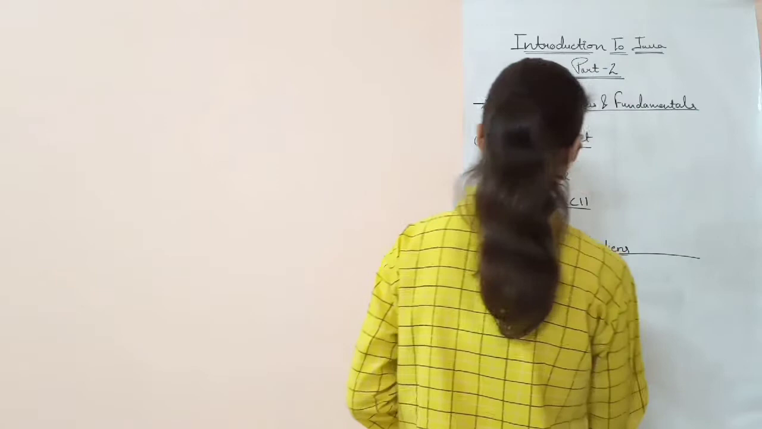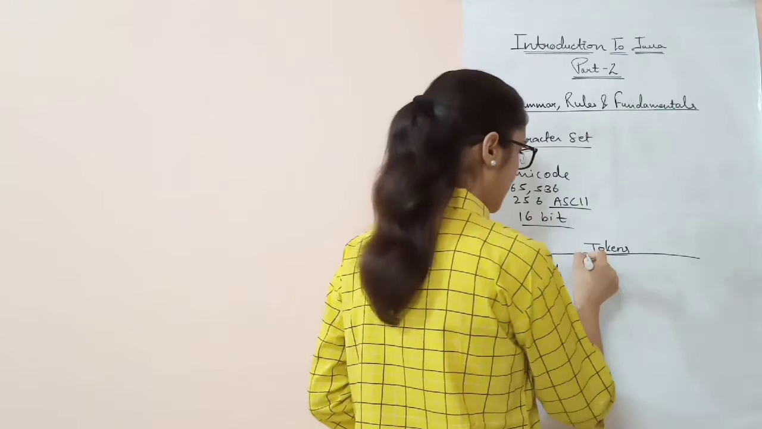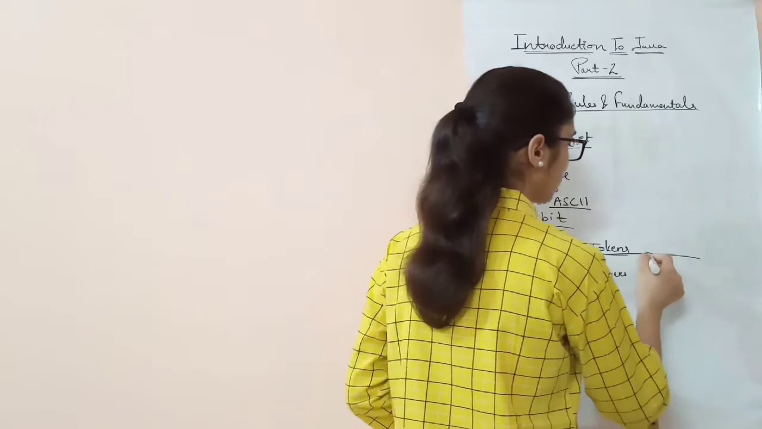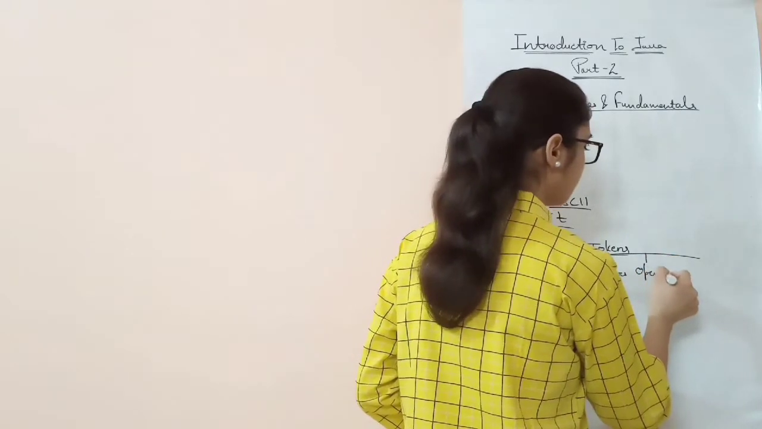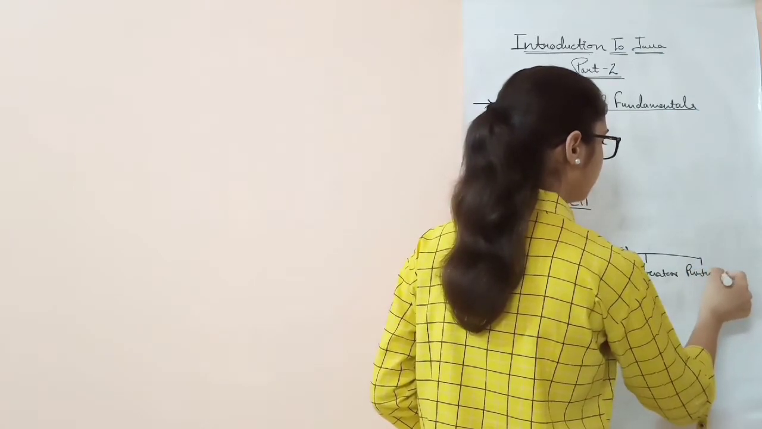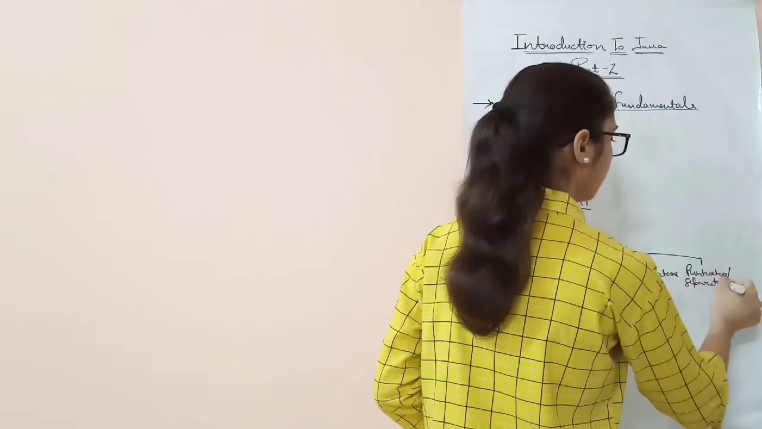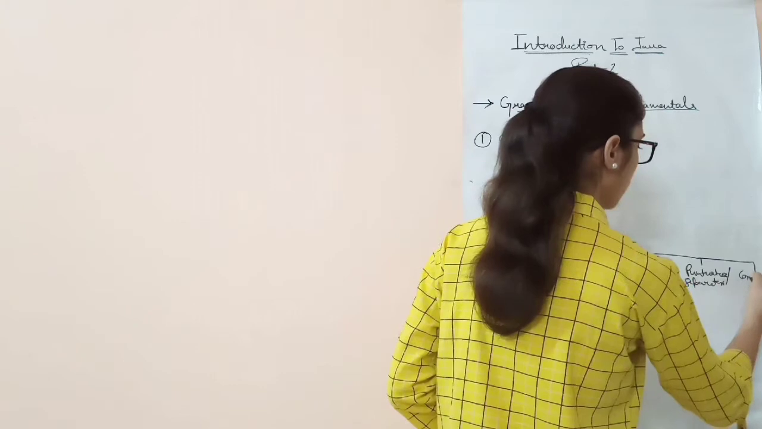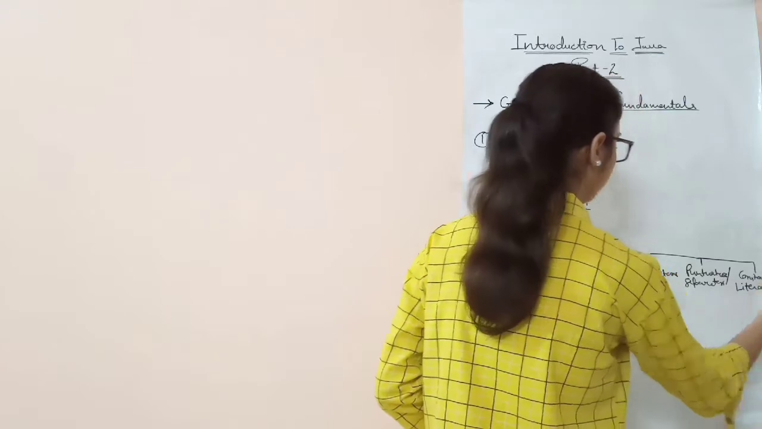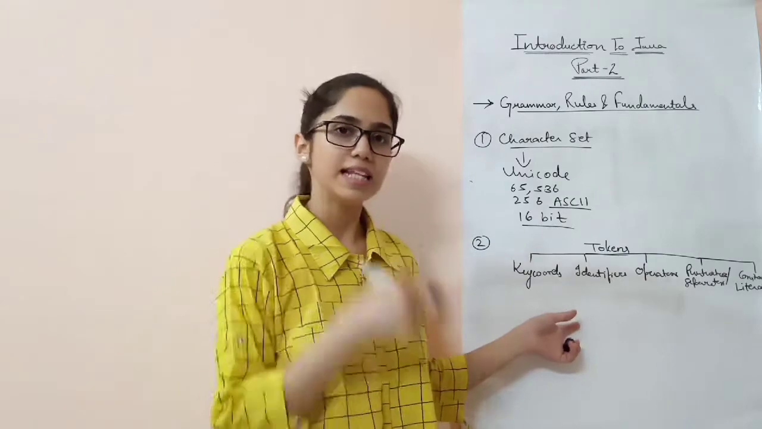See, the first is keywords. Next, identifiers. Next, operators. Fourth, punctuators, or you can say separators. And the last is constants or literals. So these are the 5 kinds of tokens that we are going to discuss, and let's see them one by one